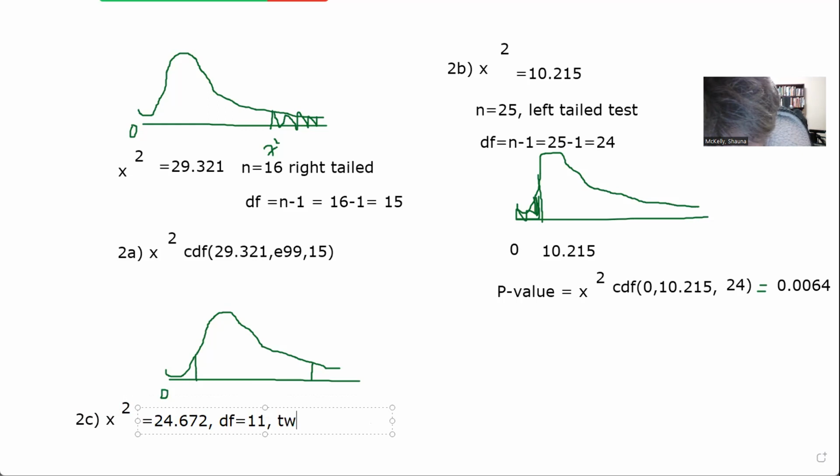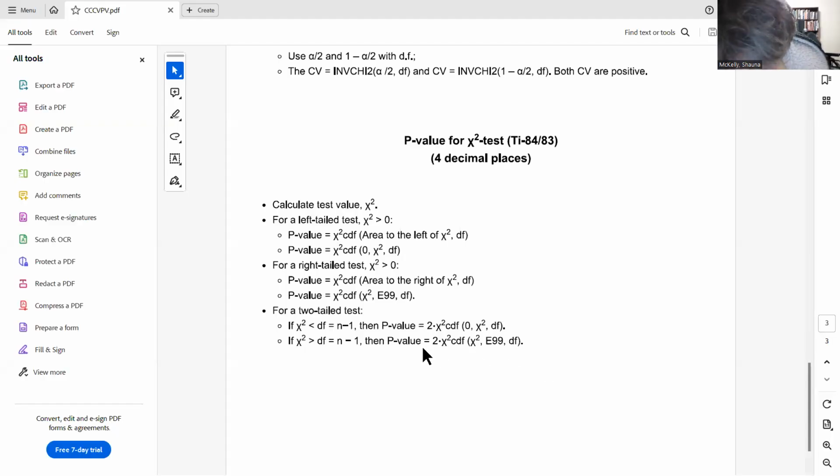Now, this is how we figure out where our chi-square is, because we don't know if it's on the left or the right. So let me share with you this one. I'm going to stop sharing the whiteboard for a minute and come back to the CCCVPV, and it says, for a two-tailed test, if chi-squared is less than DF, then the p-value is 2 times